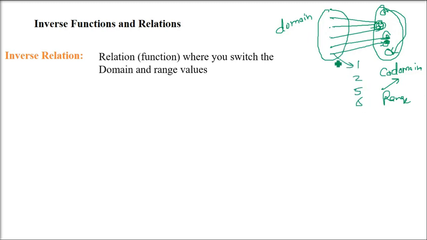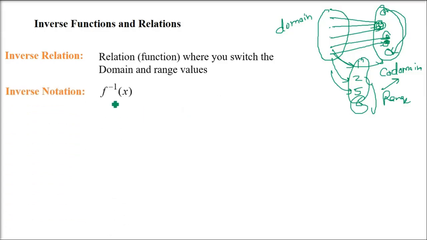So if it were 1, 2, 5, 6, and we have just mapped 1 to 5, then 1, 2, 5, 6 will be the codomain and 1 to 5 will be the range. Whenever we talk about an inverse relation, we talk about a one-to-one function. Then only can the domain be converted to range and range converted to domain. So we need to have a one-to-one function. That is how domain and range can be easily exchanged for an inverse relation.